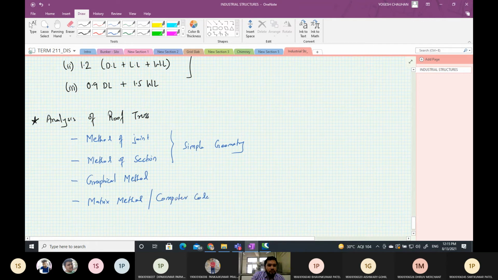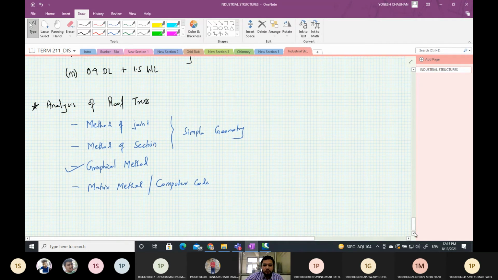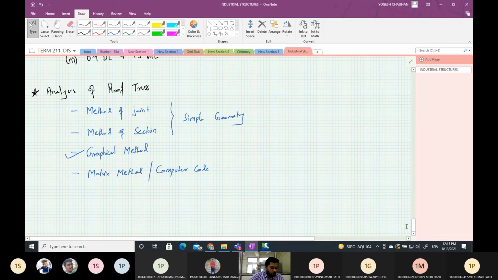But as far as your syllabus is concerned, we'll be focusing on graphical method or method of joint or method of section, because matrix method or computer codes are not in your scope. And the last thing that we do, once the analysis of roof truss is done, then we design the members of the roof truss, and then finally we design the purlins.